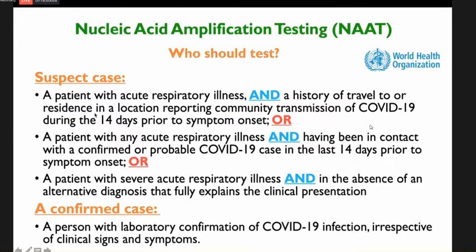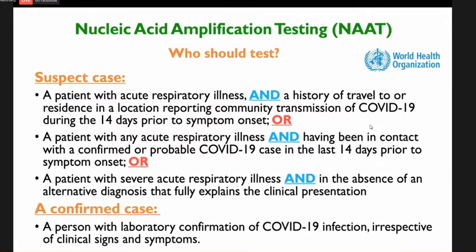It can be a patient with acute respiratory illness and a history of travel or residence in a location reporting community level transmission of COVID-19 during the 14 days prior to symptom onset, or a patient with any acute respiratory illness who has been in contact with confirmed or probable COVID-19 cases in the last 14 days prior to symptom onset,